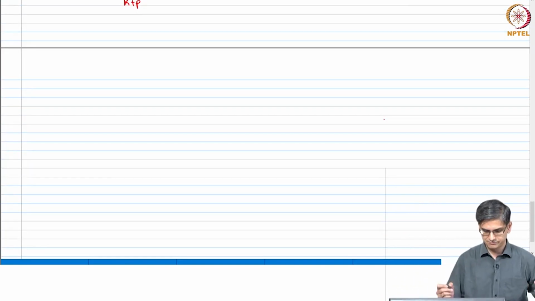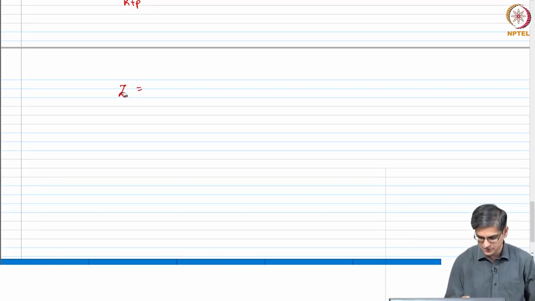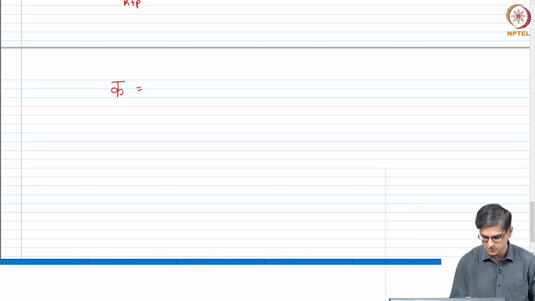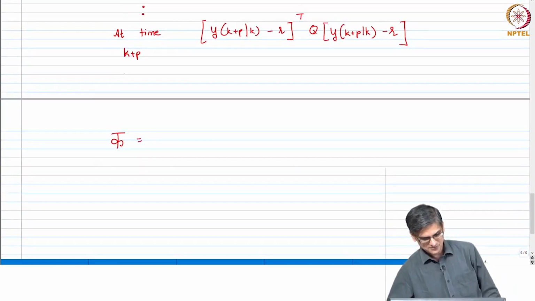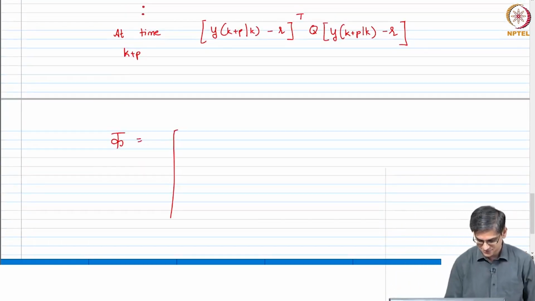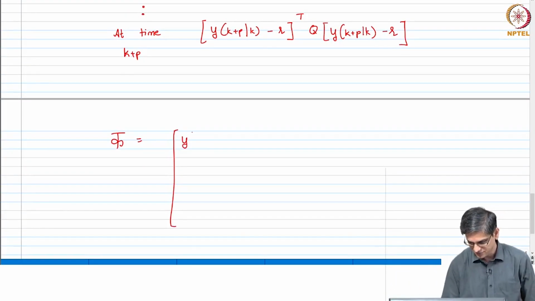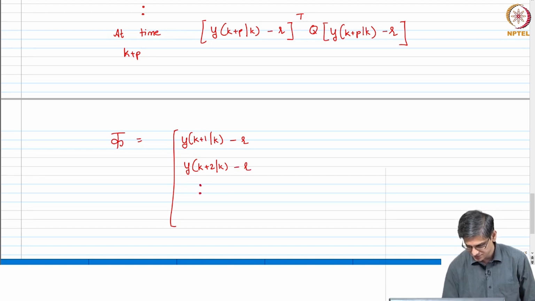Let us define something, I do not know what, we will define some symbol, let us say Z at k. We will define that as y at k plus 1 minus r, y at k plus 2 minus r, and so on up to y